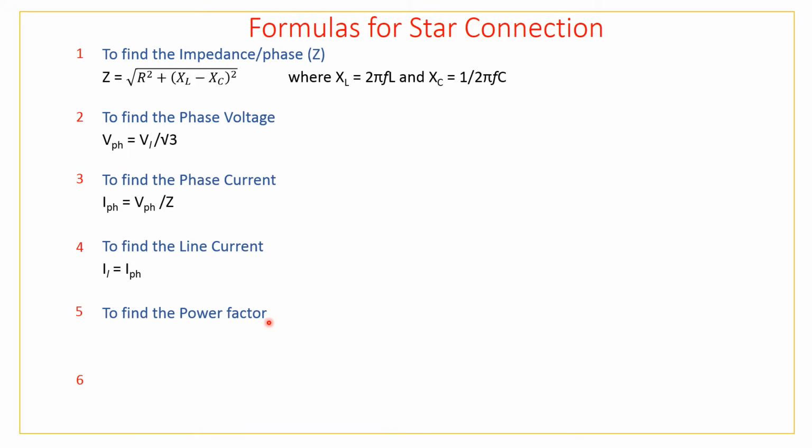Next is to find the power factor. So power factor is given as cos phi is equal to R by Z. Finally, to find the power, P is equal to 3 V phase I phase cos phi, or P is equal to root 3 VL IL cos phi, where cos phi is power factor, which is nothing but R by Z, and this we have already discussed under chapter single phase circuit. So the same formula we are going to use here. Remember students, even though VL will be given in the question, you should not find IL first. You must find I phase first. Only then you must find the IL. Anyways, we'll stress this during our numericals.